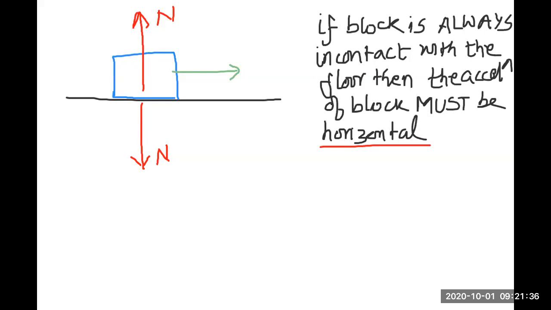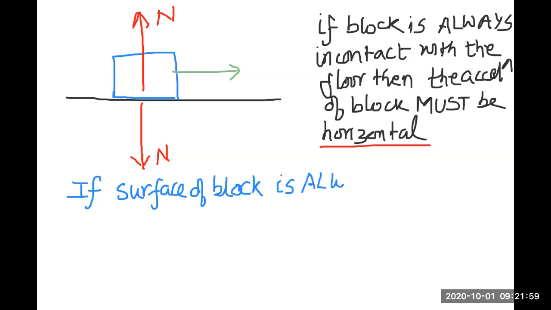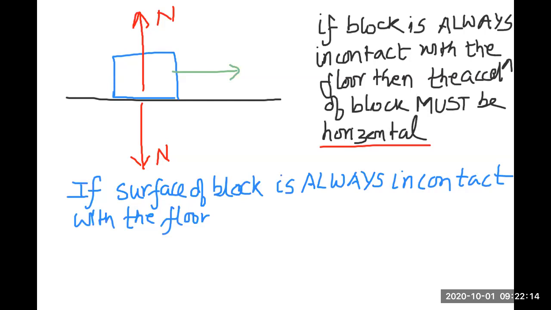And the way that I express this, please notice, is that if the surface of the block is always in contact with the floor, please notice that this statement that I have written and this statement that I have written are exactly the same, right? Now, if it is given that the block remains in contact with the floor, then